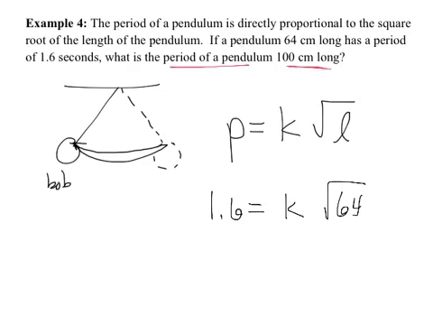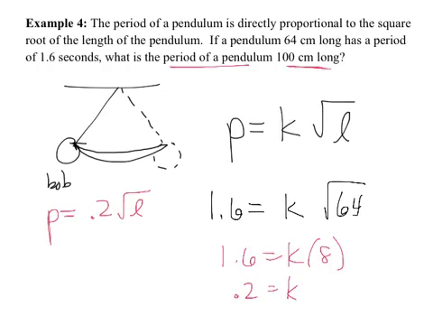So let's find out what K is first. So square root of 64 is 8. Now I'm dividing 1.6 by 8. It's like 16 divided by 8. That would be 2, but since it's 1.6, this will give us 0.2 for K. So our specific equation becomes,